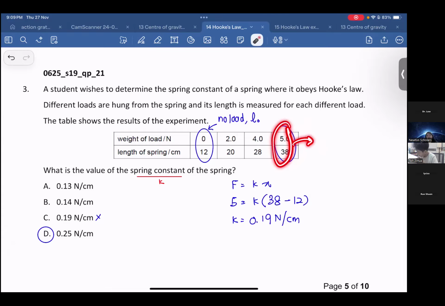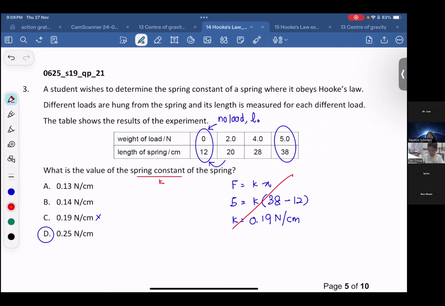So we cannot use 5 Newton for the calculation. It might already have spoiled our spring. So what we can do is use the 2 Newton one. It is not a good idea to use the last weight for your calculation, because it may already exceed your limit